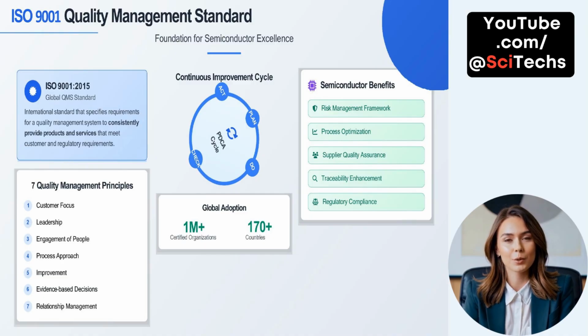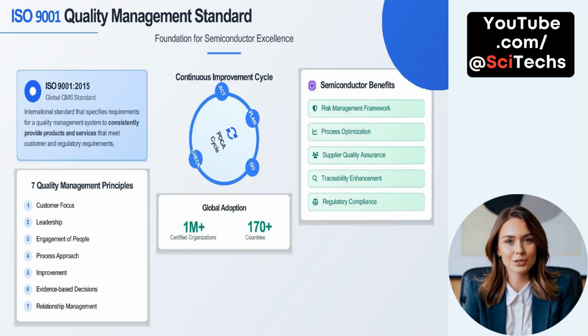ISO 9001 Quality Management Standard. ISO 9001:2015 is the globally recognized standard for quality management systems, and it's foundational to excellence in semiconductor manufacturing. This standard defines the requirements for organizations to consistently deliver products and services that meet both customer expectations and regulatory obligations. Central to ISO 9001 is the PDCA cycle, Plan, Do, Check, Act, which drives continuous improvement through structured feedback